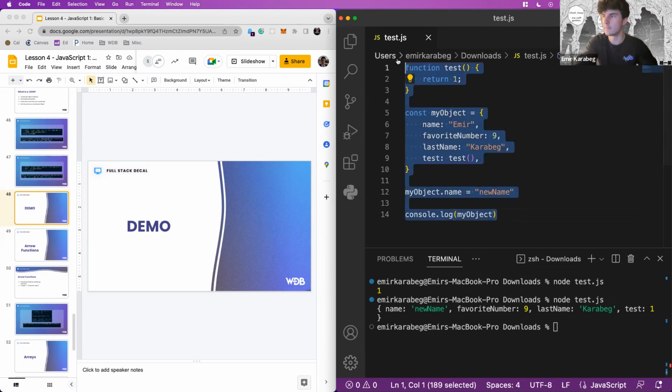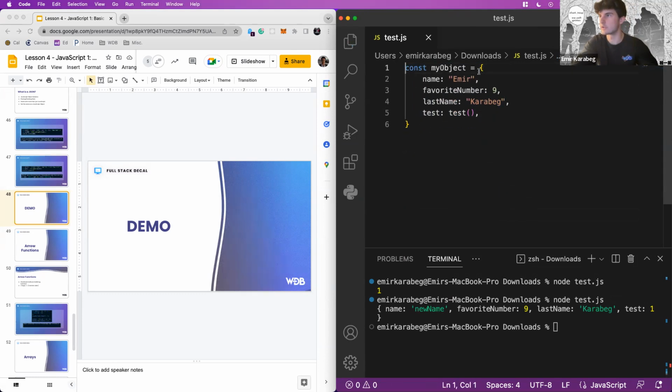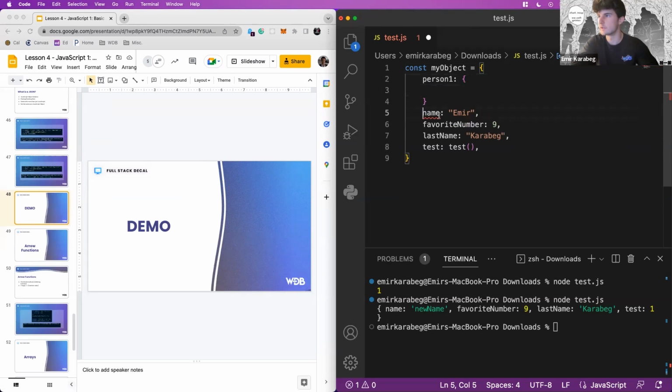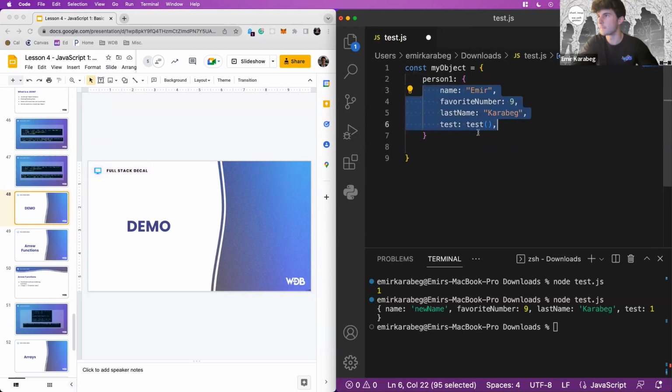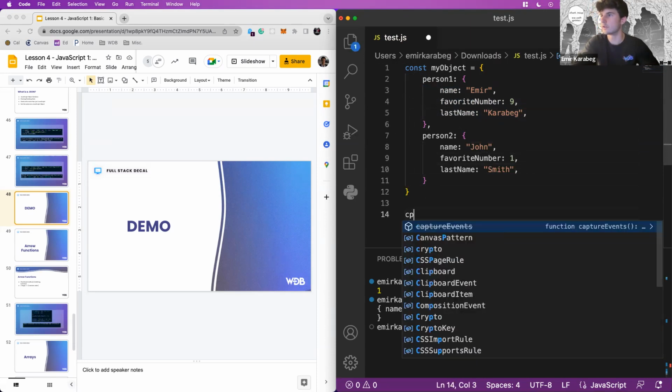Also, a really important thing to note is that I can have multiple JSON objects within JSON objects. So let's say, for instance, I actually wanted a new layer of JSON object. Let's say like I wanted some persons. So let's say I want all of this inside of like a person1 object. And then I want some like person2 to have some new values here. So let's delete this. So if I wanted some new values here, if I console.log this,